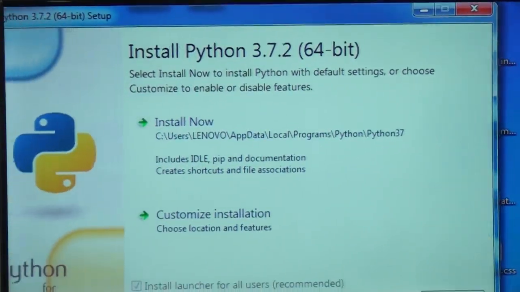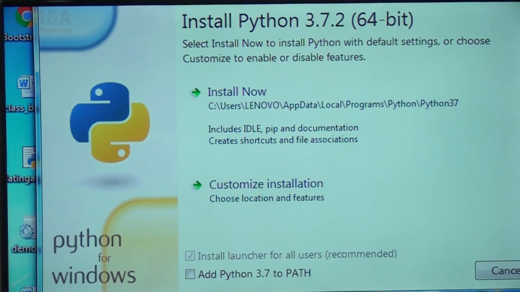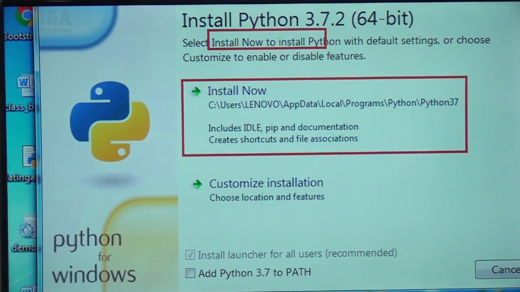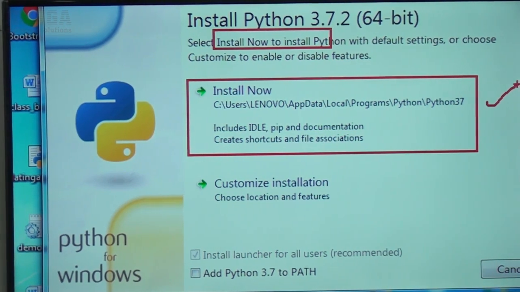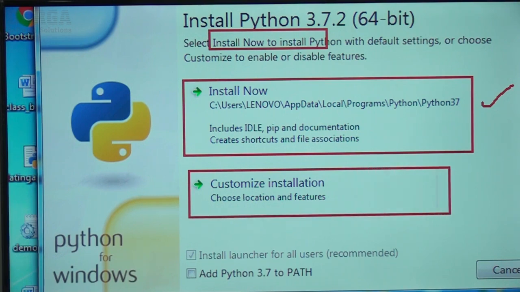Now take very special care. Install Python 3.7.2 64-bit. Select install now. Install Python with default settings or choose customized. Sir, now select install now. Okay, like sir, you have to click either this one for the default installation or customized, which is like this one,